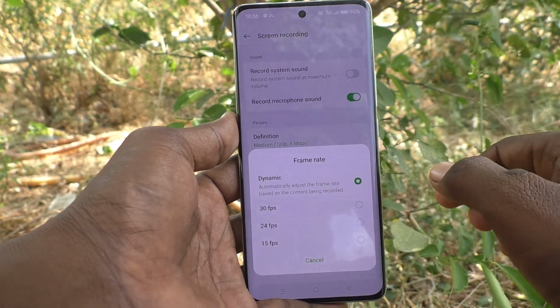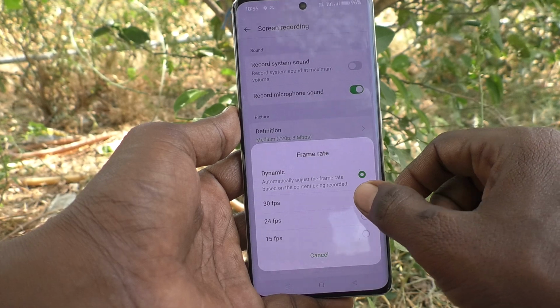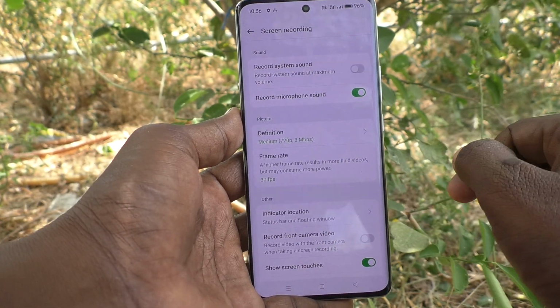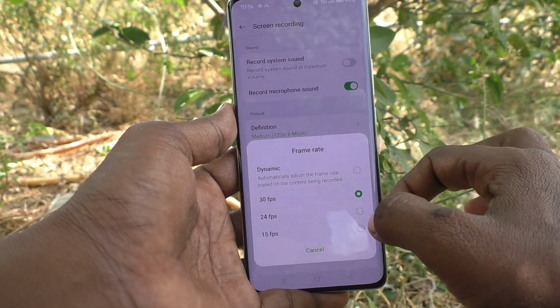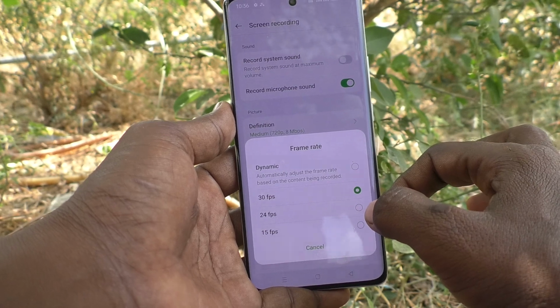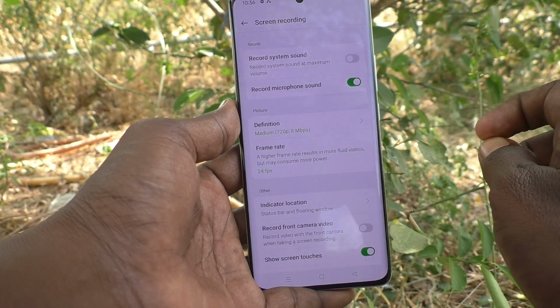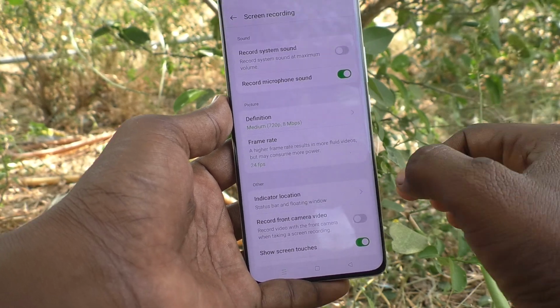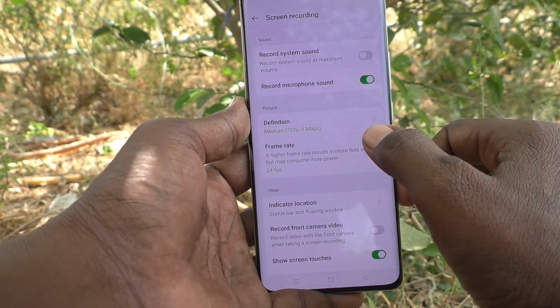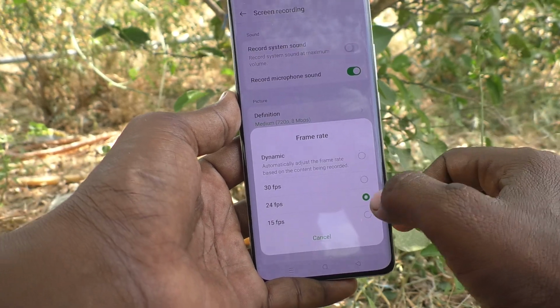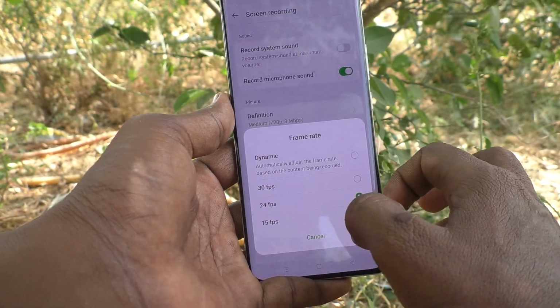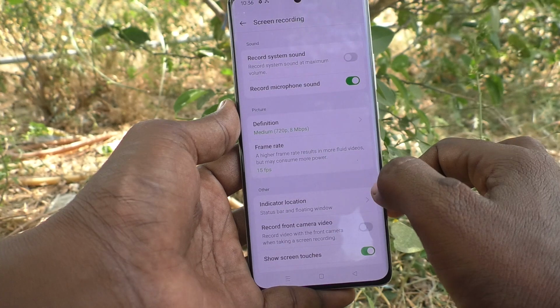Okay, if you would like to use standard frame rate, click on 30 fps. Okay, 30 frame per second. Okay, suppose if you would like to use cinematic frame rate, click on the second one, 24 frame rate per second. Okay, if you would like to use faster frame rate, click on third one, 15 fps, so that actions